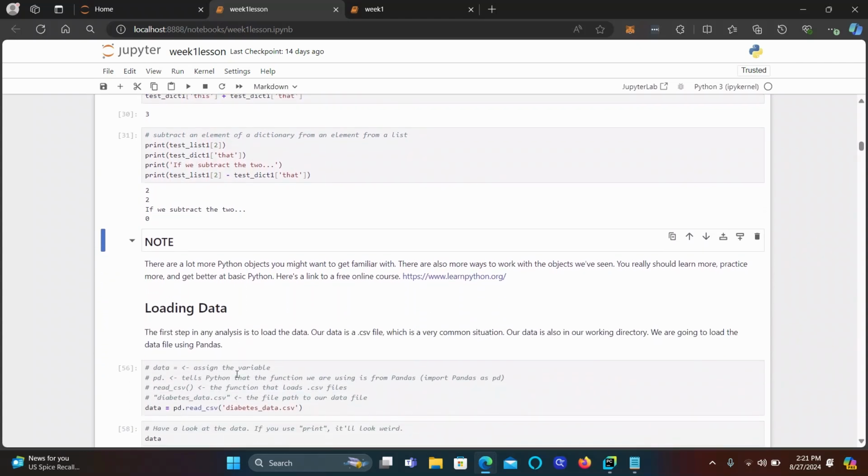Now there are a lot more Python objects that you're going to need to practice and get familiar with, and there are more ways to work with the objects that we've seen, so you really should learn more and practice more and get better at basic Python. And there are a lot of online tools for free to help you do this. I recommend this one here,